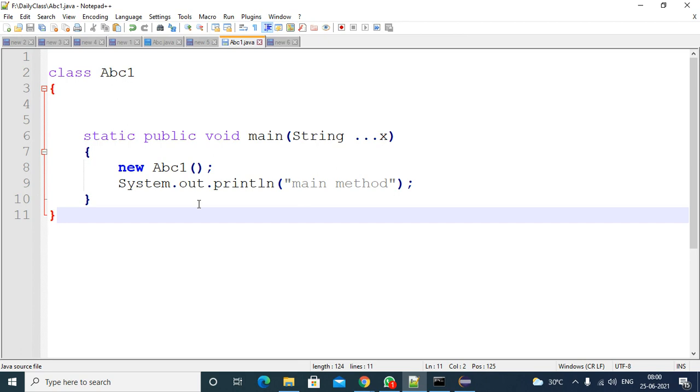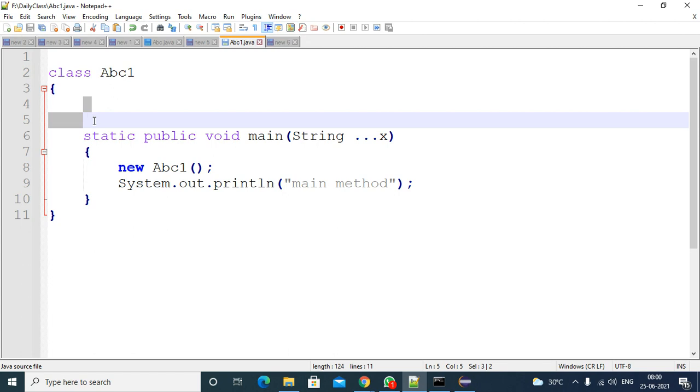Whenever you are compiling the program, what will the Java compiler do? In your class, is there any constructor or not? First it will verify. Either it is a default constructor or a parameterized constructor, whether a constructor is there or not is what's important.